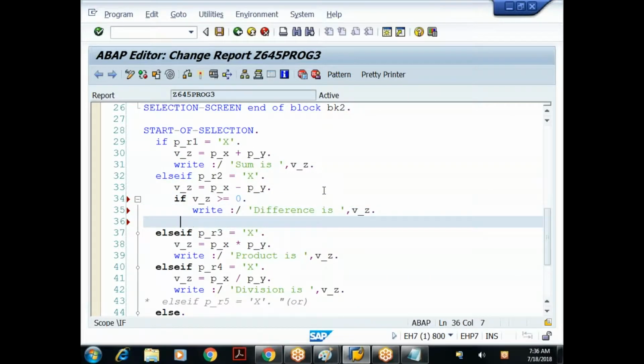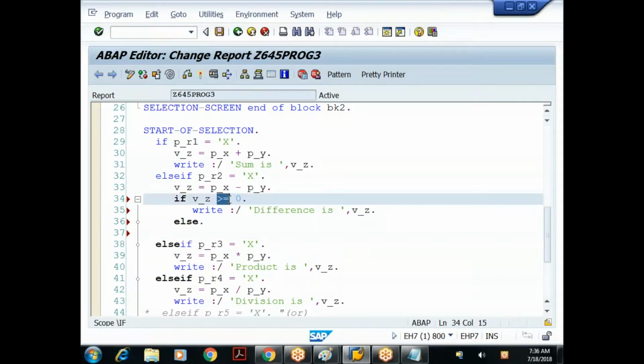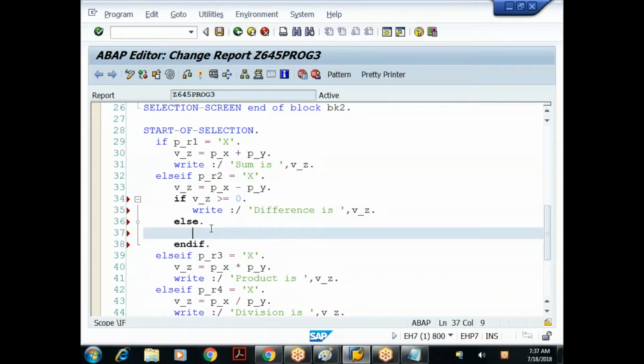Else, if this condition is not satisfied, if it is not greater than or equal to 0, obviously it is less than 0 only. The else ends with end if. What I have to do now is remove the negative symbol from the right-hand side and keep it on the left-hand side. So see the adjustment here. I'll say write,